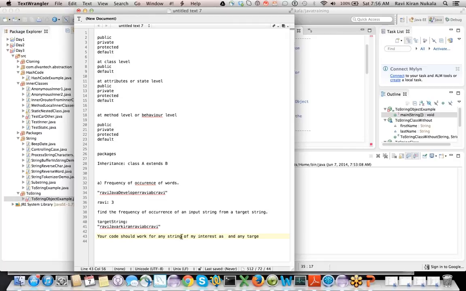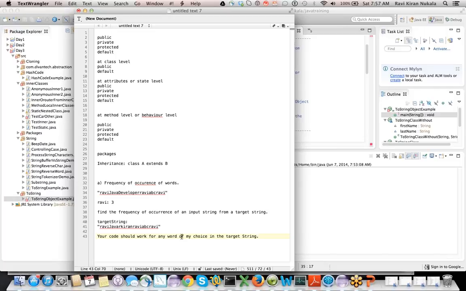I'm looking for a good word, any string or any word of my choice in the target string. Think of it like searching for a word in a dictionary, or in an entire newspaper. That's how it can scale.